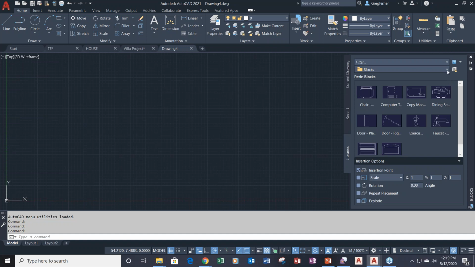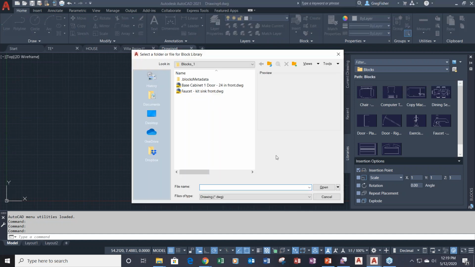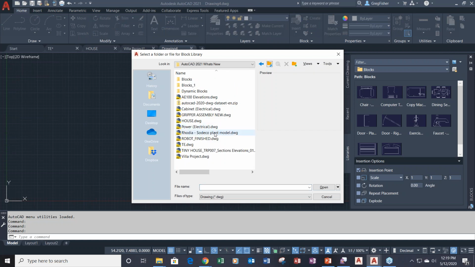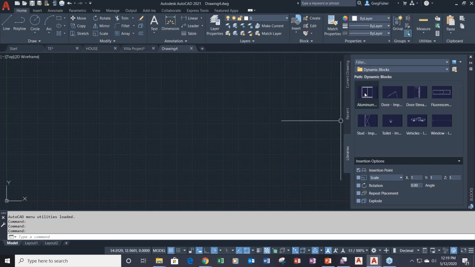If I want to add another folder to this, I can simply pick here, and then I can navigate to where my folder is that I want to add, select it, pick open, and it will immediately default to that particular folder. So now I have up to 3 folders of blocks, you know, 3 libraries I could consider it as. And it's nice to have the separation between them because, as you longtime AutoCAD users know or experienced ones know,